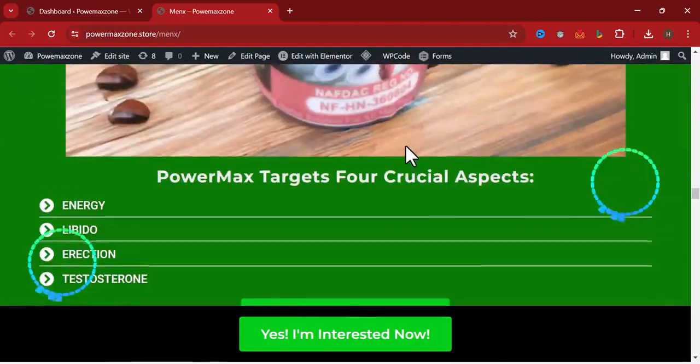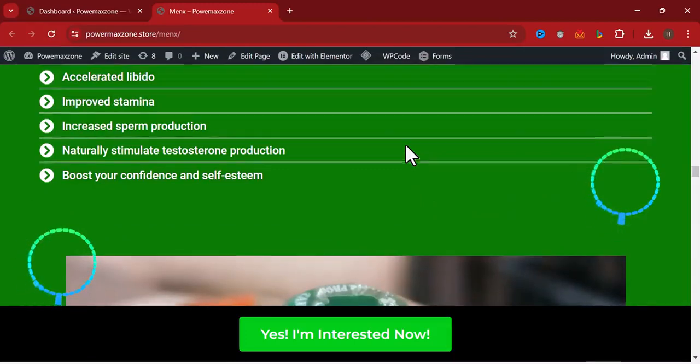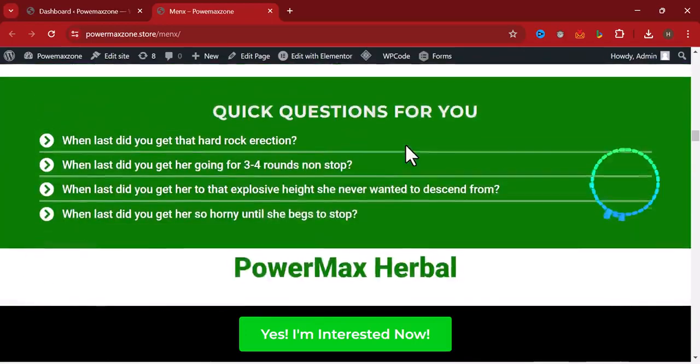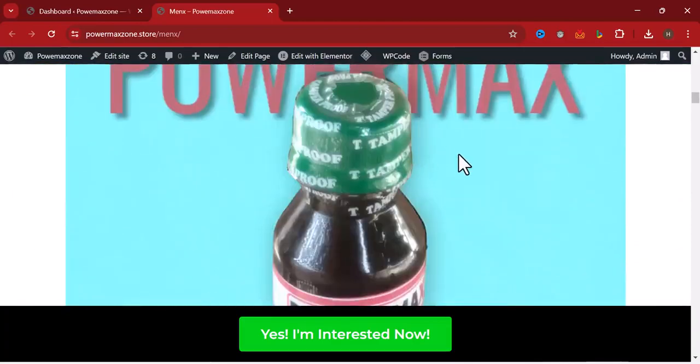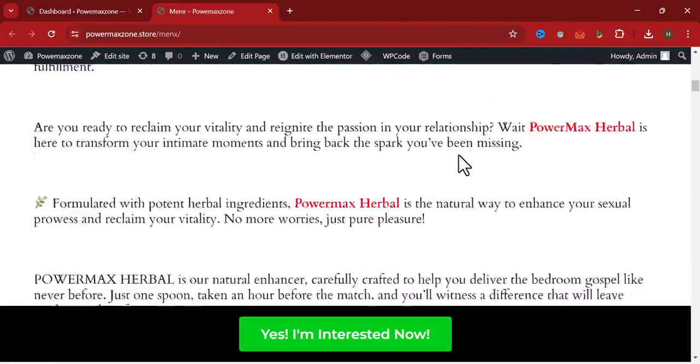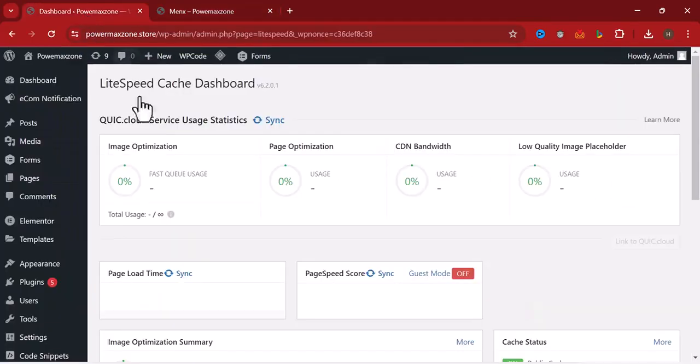The first step is for you to have a well-crafted sales letter to convince your customers about what you are selling, to convince your prospect that this your product works for so and so, so that they can dip their hands into their pockets and buy what you are selling online. Now, the second step is for you to go on your